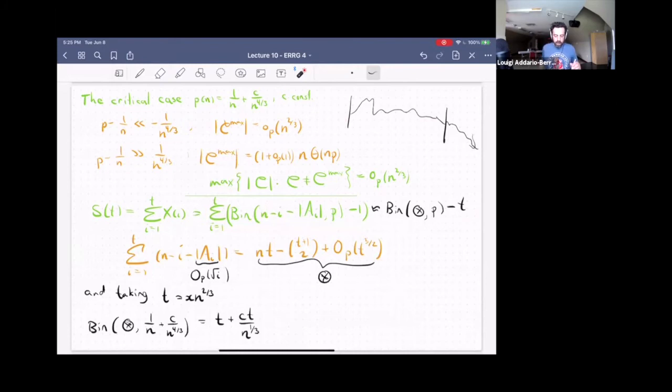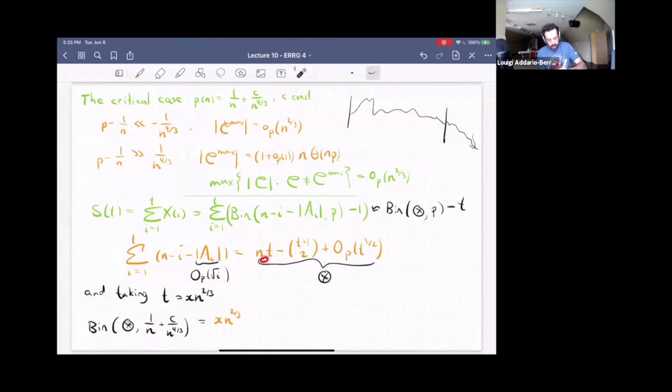Great. Okay, so let's use this value of t in this computation. So nt times 1 over n is going to give us just a t, which is x n to the 2/3, and then